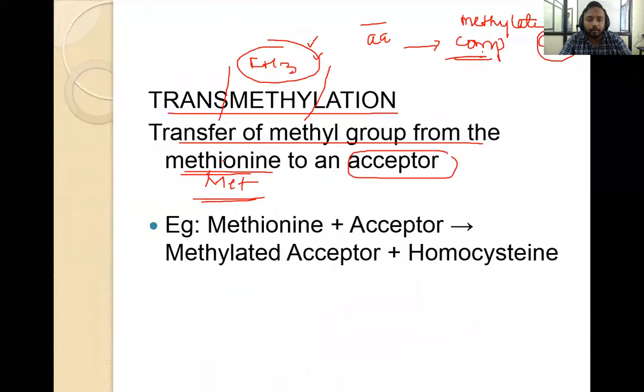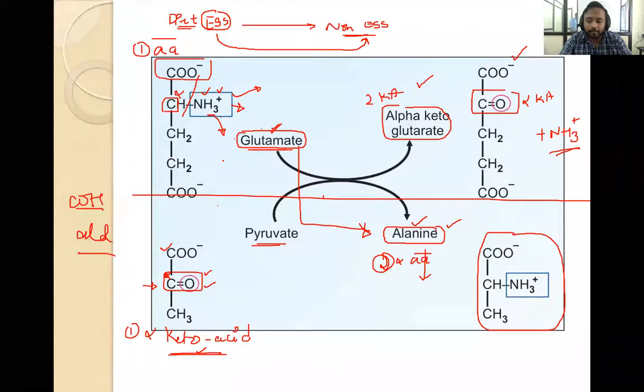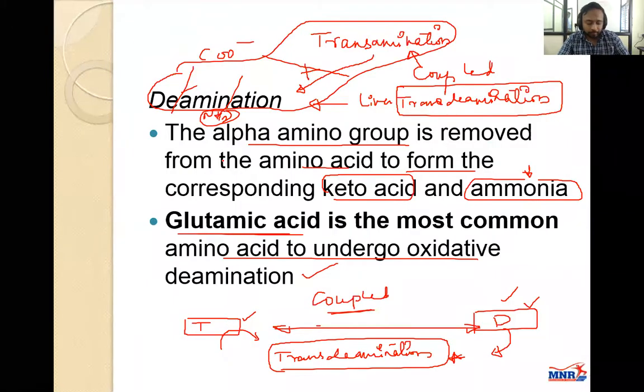With this we will be completing the chapter on amino acids. Next class we will be dealing with proteins. This week's exam will have this chapter as one of the important portions, and also the last few portions of the cell cycle. Cell biology, what we have learned in that last portion, will be there for the exam, plus this chemistry of amino acids, which includes the classification and properties of amino acids. These things will be important for the coming Saturday's exam.